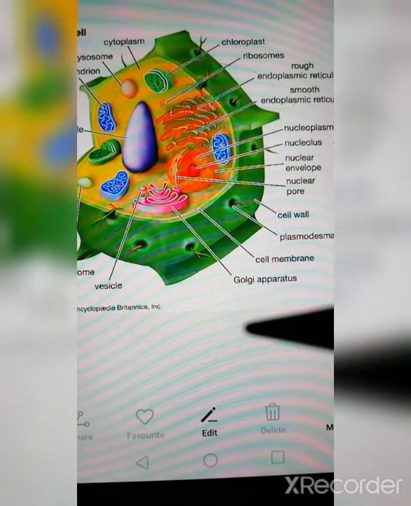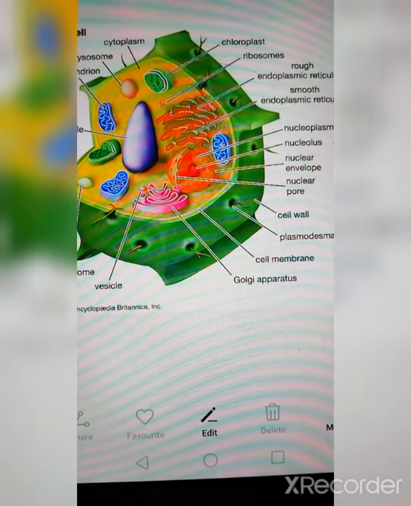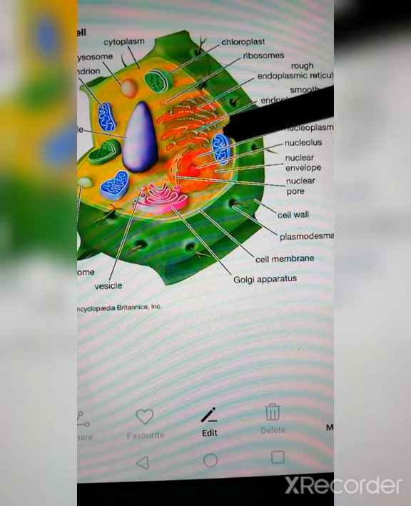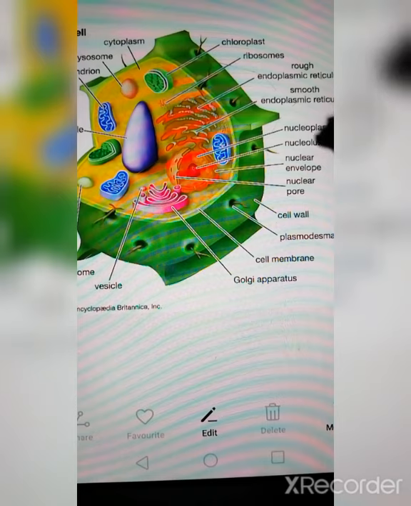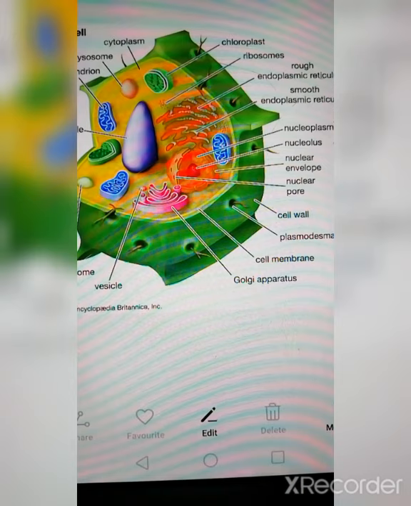So friends, we will move on to the next topic, which is the nucleus. You can look at the nucleus here, and the middle part is known as the nucleus. In the previous class we studied that Robert Brown was the first person to see the nucleus with the help of a microscope. It was in the year 1831. It is one of the important parts of the cell, and it is also known as the cell control room.